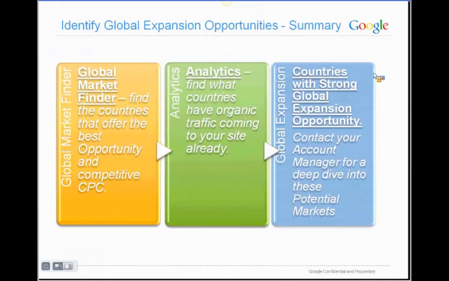Great, so you've found an export opportunity, but how do you even begin to export to another country, translate your campaigns, translate and localize your website? Don't worry, it's easy. Your dedicated team here in Google can help you, or you can even do it yourself using Google Tools. I will now pass you over to Hilary, who will tell you how your Google dedicated AdWords support team can help you action your export opportunities.